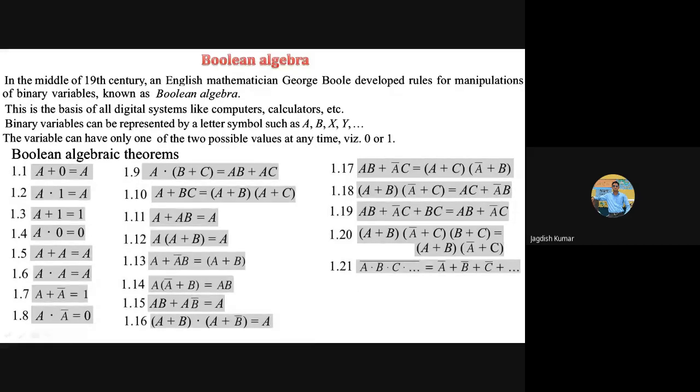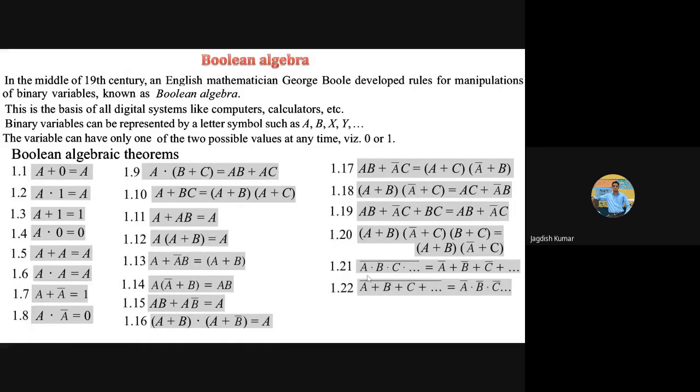Now these are the last two theorems of Boolean algebra, which are very important. The first theorem says that if you take A and B and C and so on, you have many variables. Suppose you take the complement of this left hand side, A and B and C whole complement, then this is equal to A complement or B complement or C complement and so on. And this is a theorem which is very important.